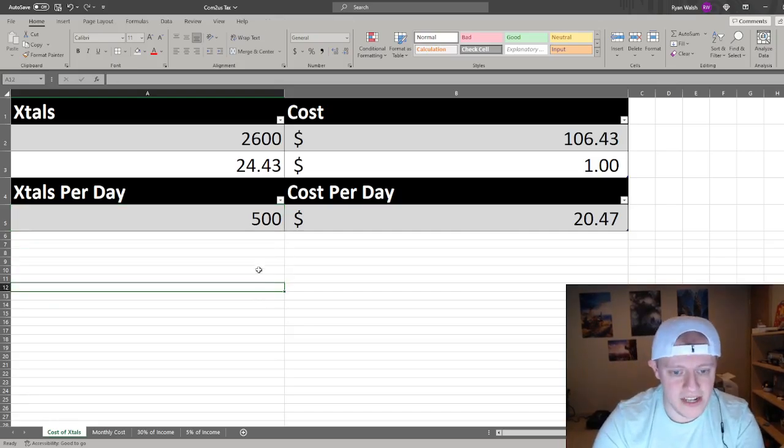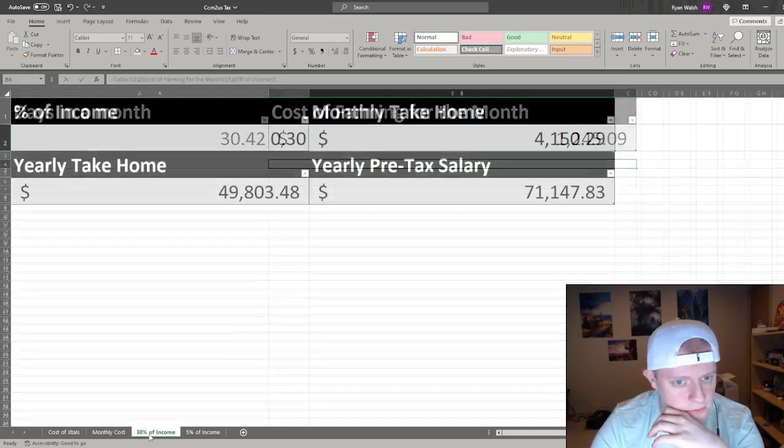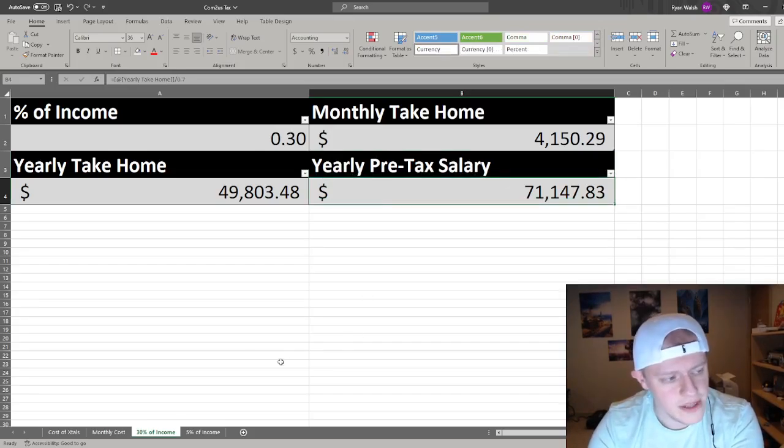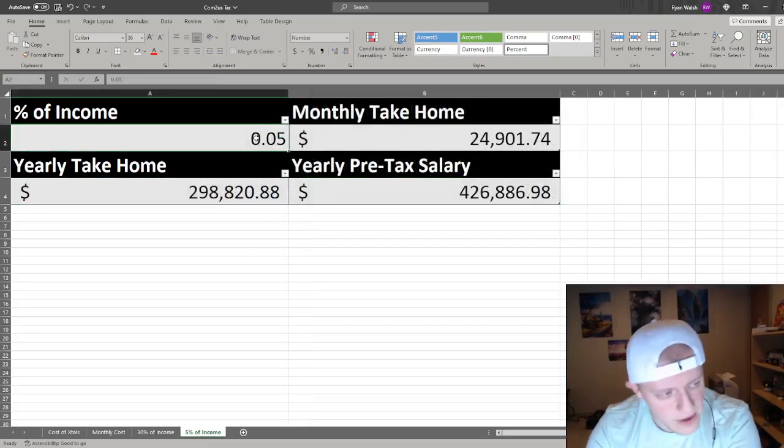Like, imagine if you're somebody who's got 8 hours a day to farm, right? You farm at work. Now you're doing 1,000 crystals a day. Now, when putting 30% of your monthly income into Summoner's War, you need to have a salary of $71,000, significantly above the median income in the United States. If you want to be a responsible adult and only put 5% of your income into Summoner's War, you now